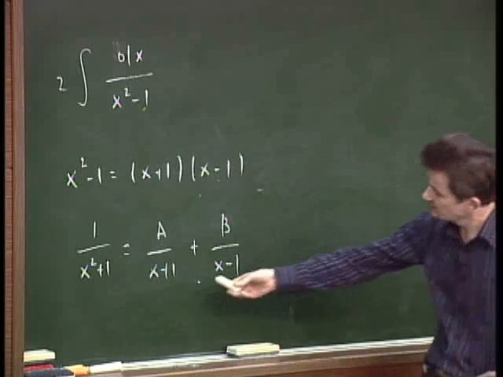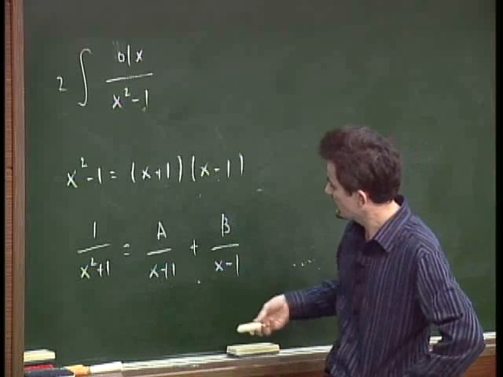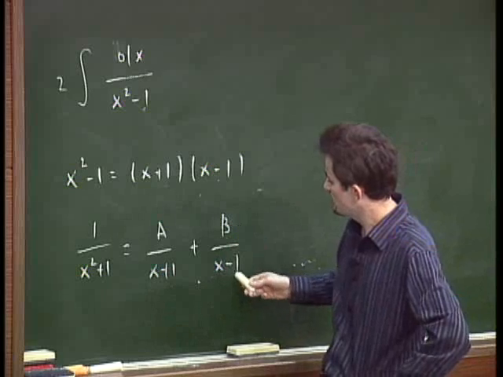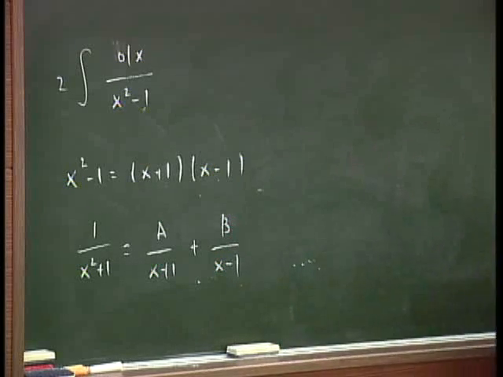You will get something which is in terms of ln absolute value of x plus 1 plus or minus ln of absolute value of x minus 1, and this is essentially the formula we deduced in one of the exercises for the inverse tangent, hyperbolic tangent. Okay, but the method is here the same. You can either use